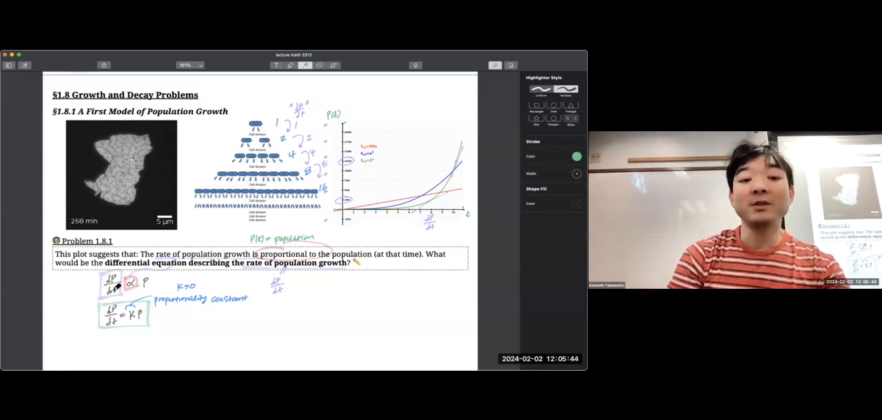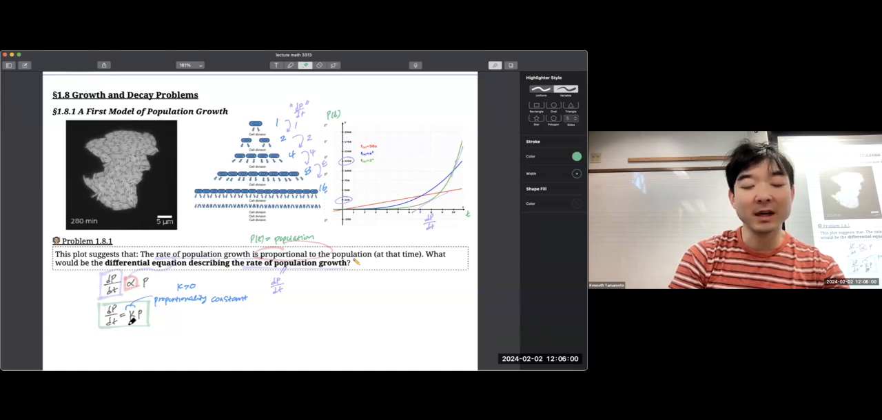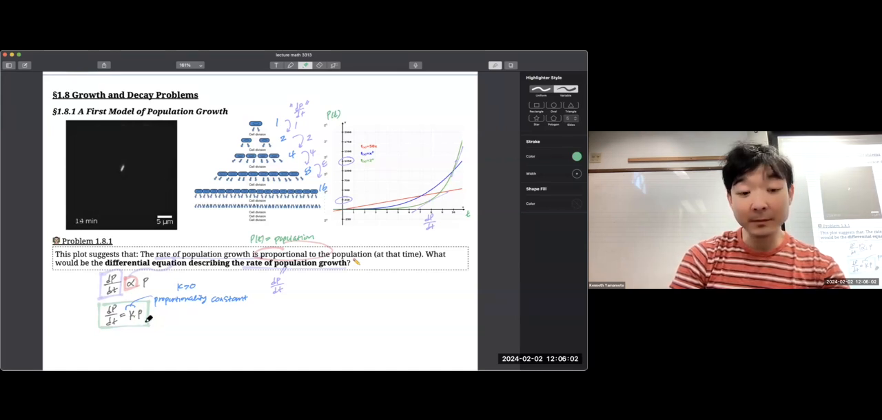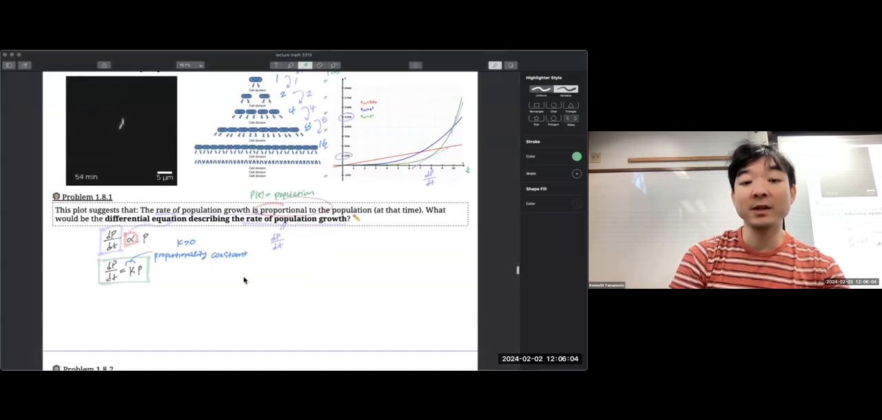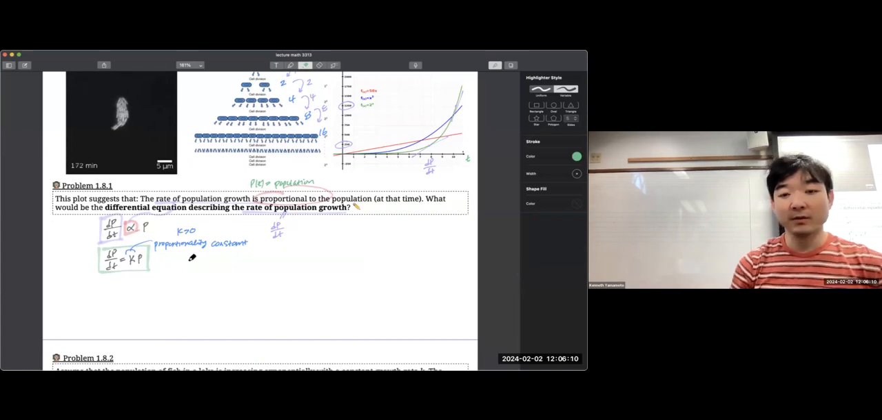But the fundamental physics is modeled by this statement that says that the rate of change of the population is proportional to P, and you usually write that as an equation saying the derivative dP over dt is equal to some proportionality constant K times P. And this is a very simple differential equation to solve, because you can just use what we've learned before,